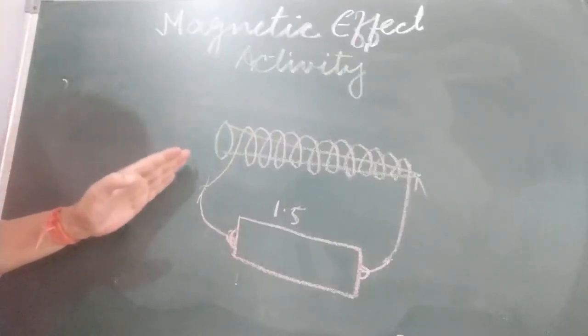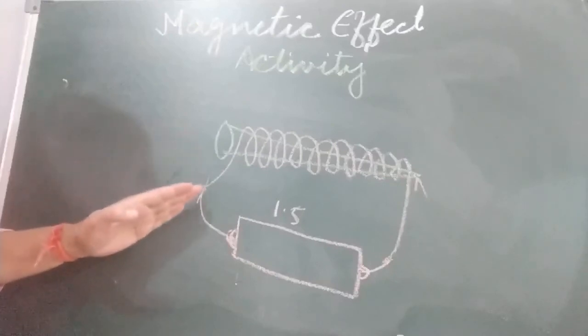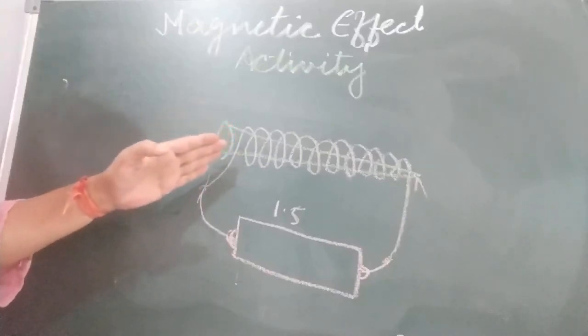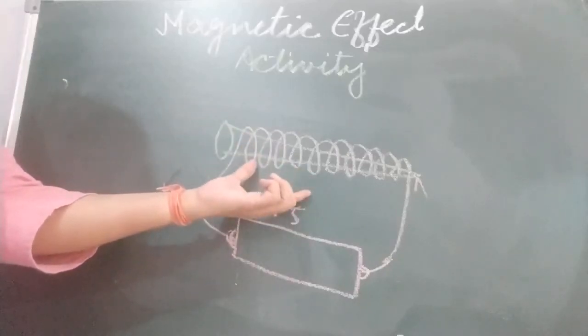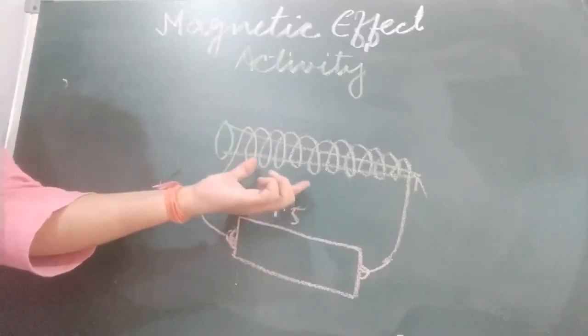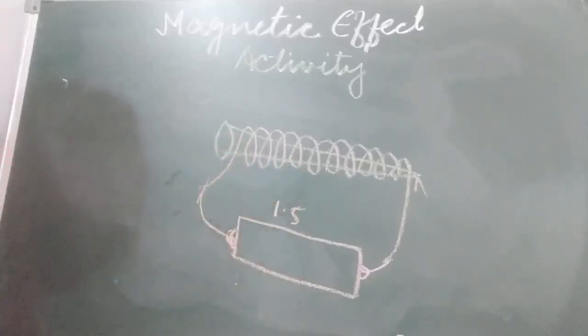So what is the conclusion? Passing an electric current in a coil wrapped around an iron piece makes this iron piece magnetic. And one more thing, as the current is off, it will not behave like a magnet. And I told you already, the strength of an electromagnet depends on the number of turns of the wire around the core and the amount of current passing through it. Two things you remember.